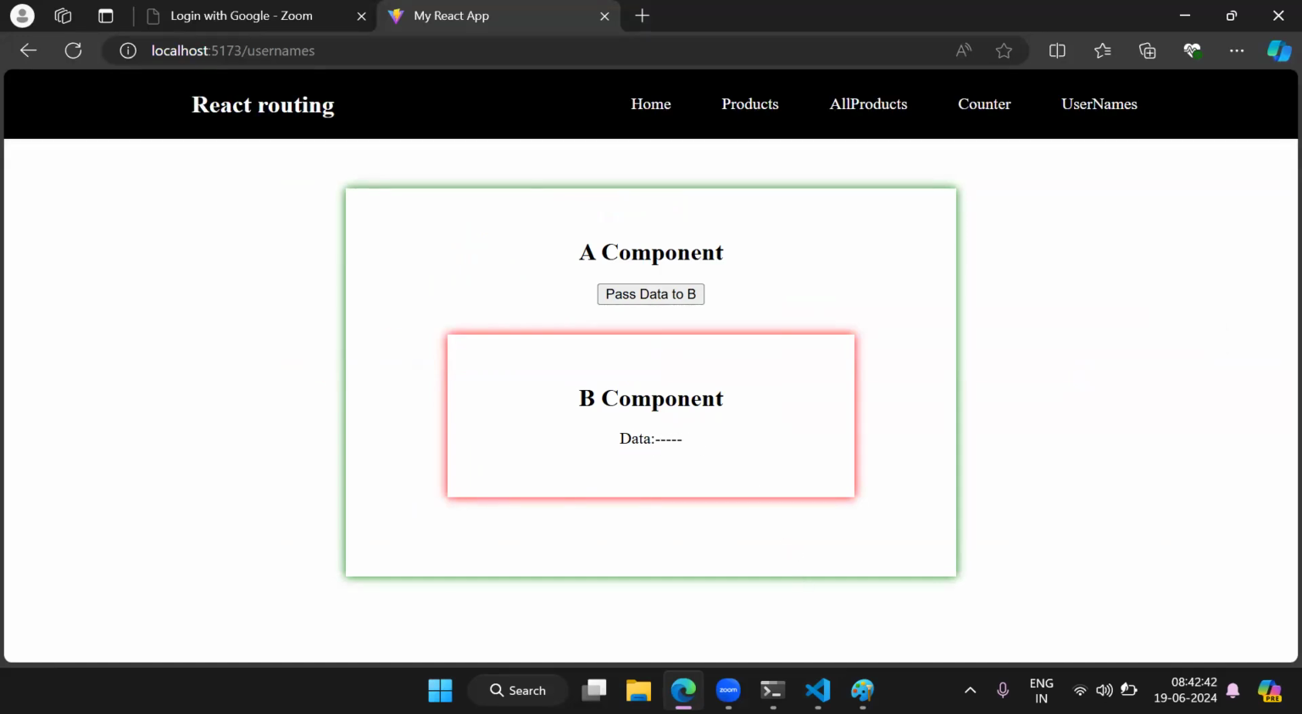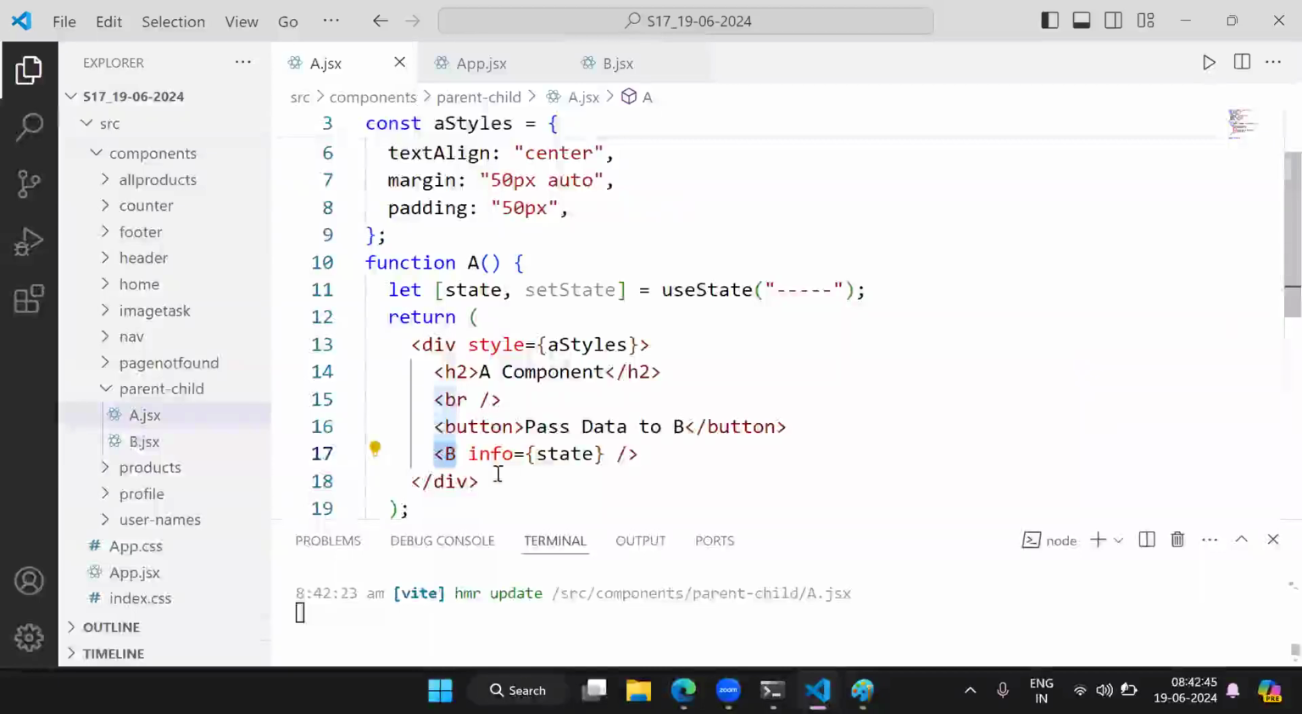So what we will do means, whenever we click on this button, we will just update this state. Whatever data we have in this state, that data we will update. The moment data gets updated in this state, that updated data will get reflected in the B component. Whatever data you will have in this state, that data will be shown in the B component. So whenever you click on this button,